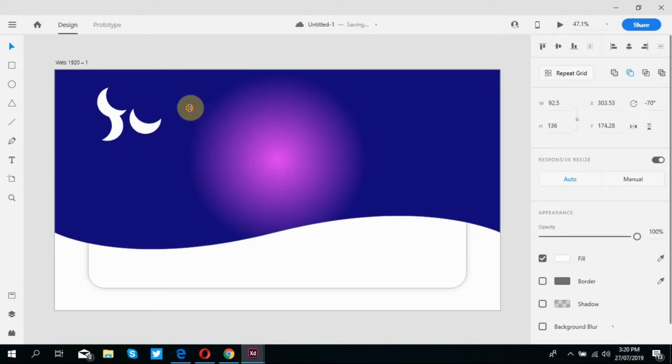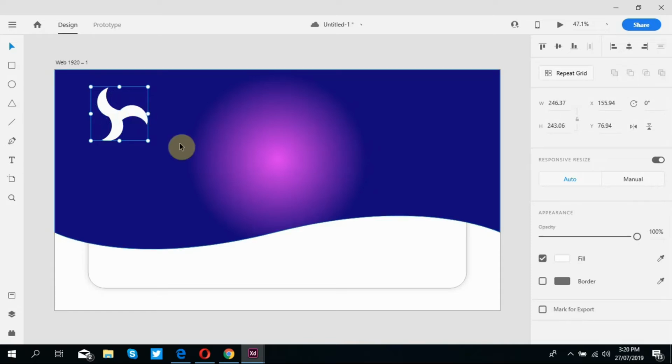And this one too, you tilt it a little bit and move the tip exactly at the center. This time too, you're going to flip it horizontally, sorry, vertically rather. Yeah, there we go. It now looks perfect. Press Shift and select all three and hit Ctrl G to group all of them